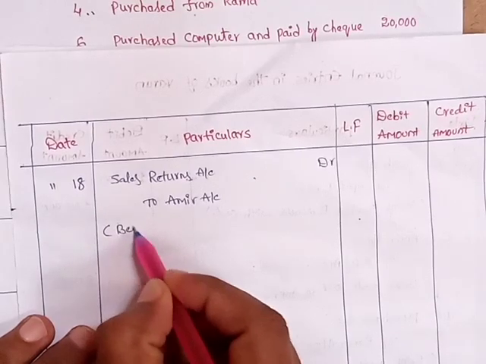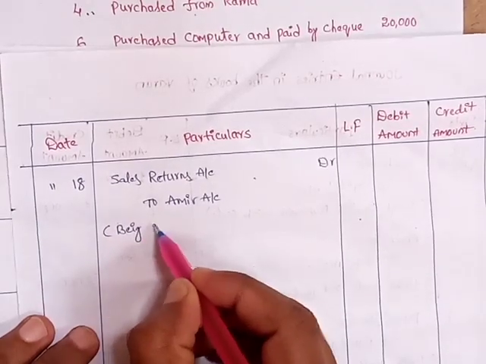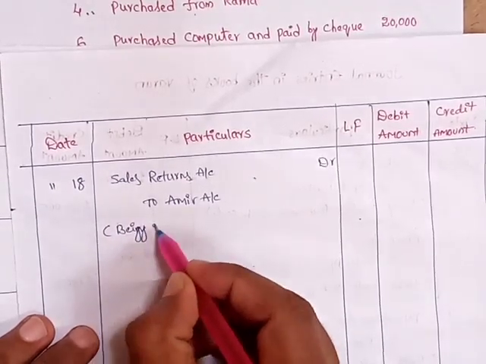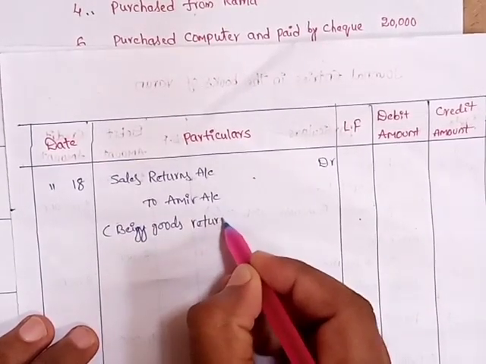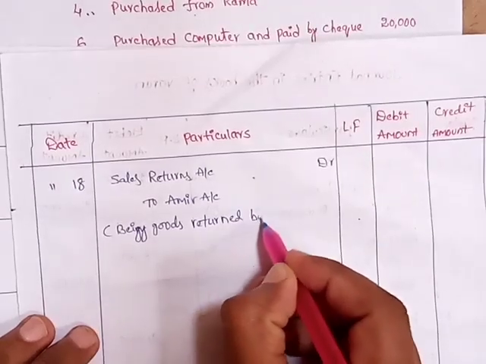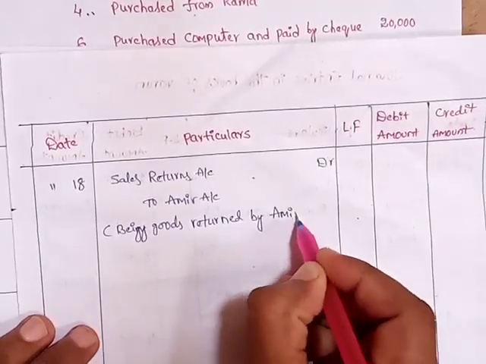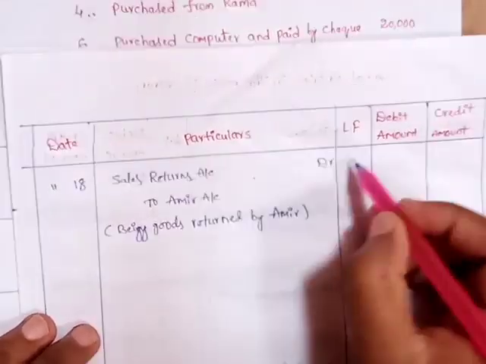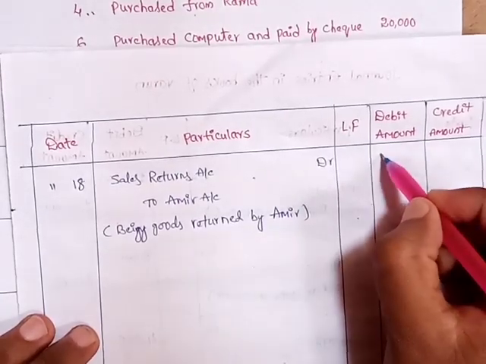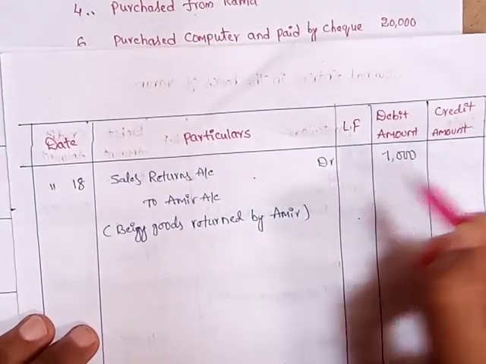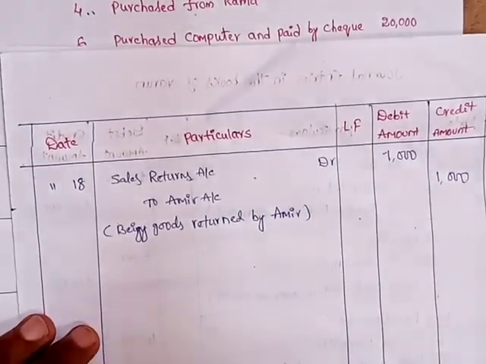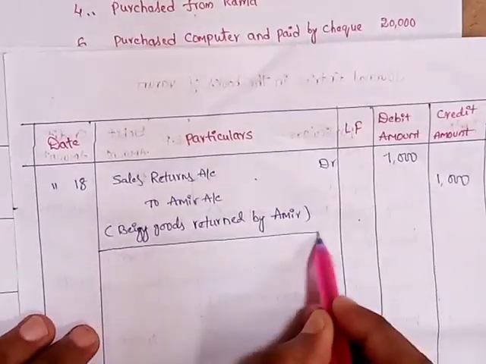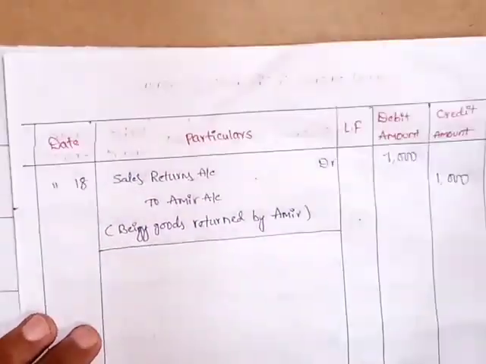Narration: being goods returned by Amir. So opposite debit line in debit column 1000 rupees, opposite to credit line in credit column 1000 rupees. Next transaction,